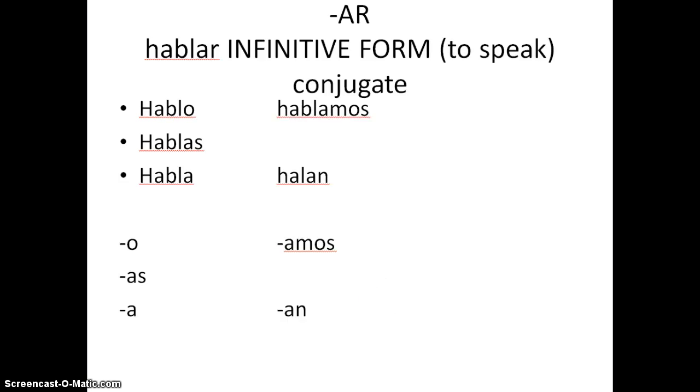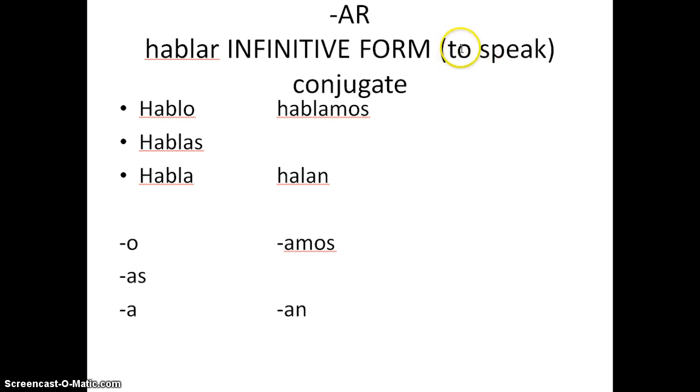In summary, today we looked at verbs. There are 3 types of verbs. We only looked at the type that's called the AR verbs. When a verb in Spanish ends with ar, it's in what's called the infinitive form, which in English will mean to something, in this case to speak. It's called infinitive form because it means it's not finished yet, because it has no subject yet. We don't know who is speaking.